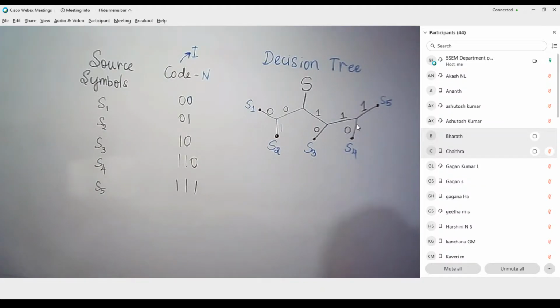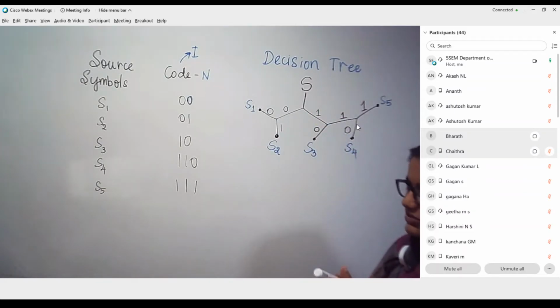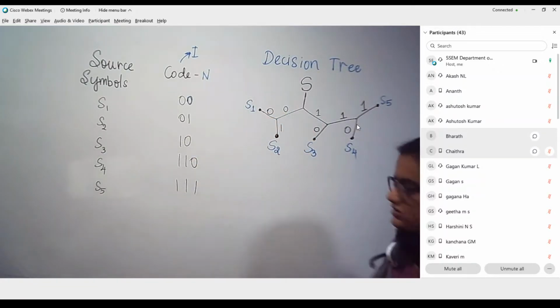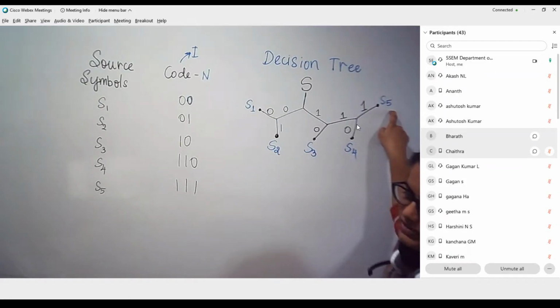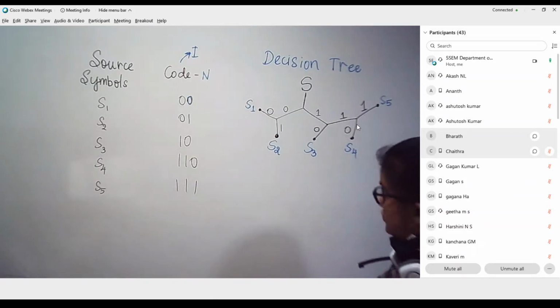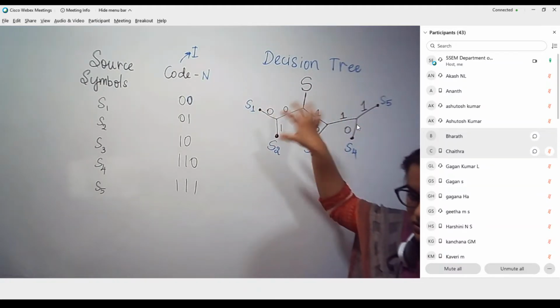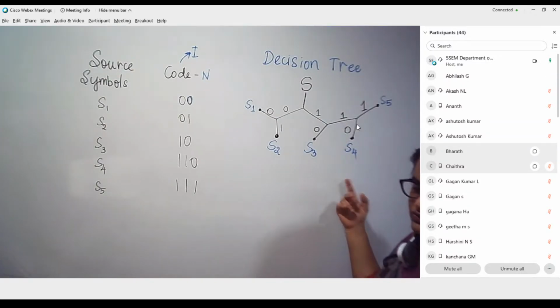So this is what we call a decision tree. Now what is this decision tree? It is a representation of the code words, starting from the source, to represent the individual symbols wherever we obtain the tracing of the bits. So you see here, all the symbols are located at the end of branches. We will conclude something later. So please observe this, note this down, write it now itself. Please do not skip this part. Make a note of this in your notebook.